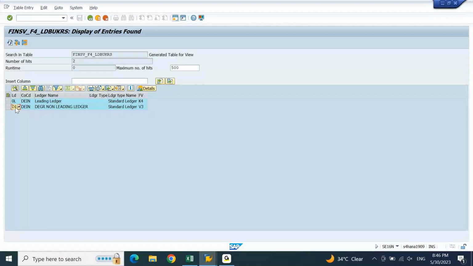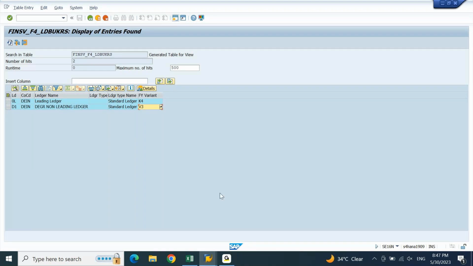This one is your standard ledger, ignore the ledger type, and next is your fiscal year variant. For the first ledger, leading, we are using K4, which is calendar year. For the next ledger, D1, non-leading, we are using the non-calendar year V3, April to March.